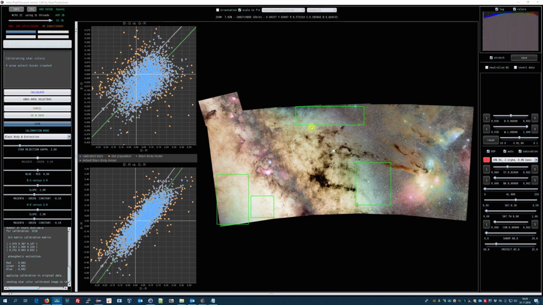If we look at our image, we can see that the slight greenish cast has reduced a little bit. I think we can still see a little bit. So let's lower it just a tad more